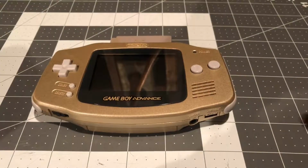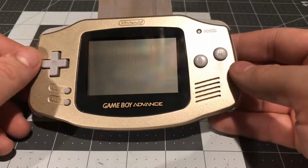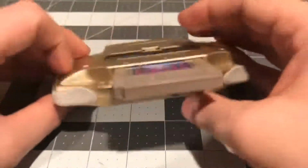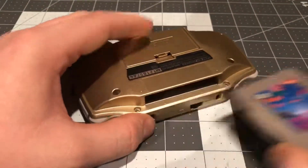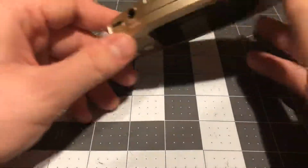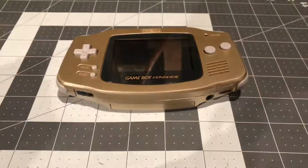Hello everybody, the Game Boy Advance Original is a great console because of its nice form factor. You have the D-pad on the left and the B and A buttons on the right, and this is a gold Japanese exclusive Game Boy Advance that I got in J&L Game in Manhattan, New York. However, this is used and there's some scratches on it, but today we're going to change it out with a